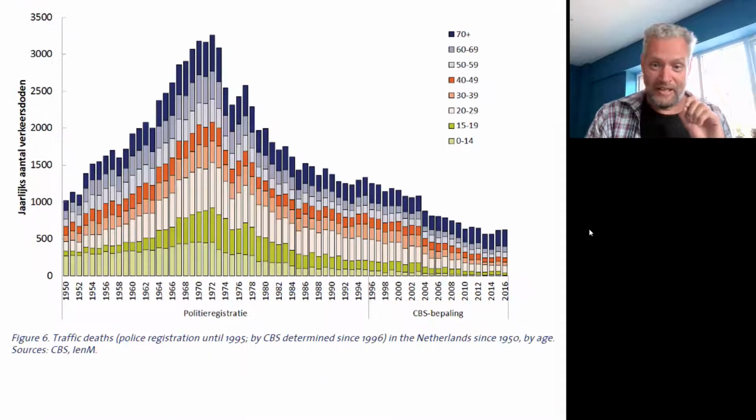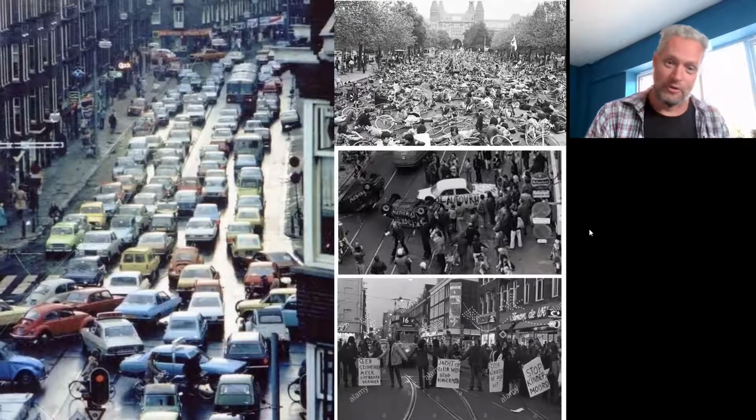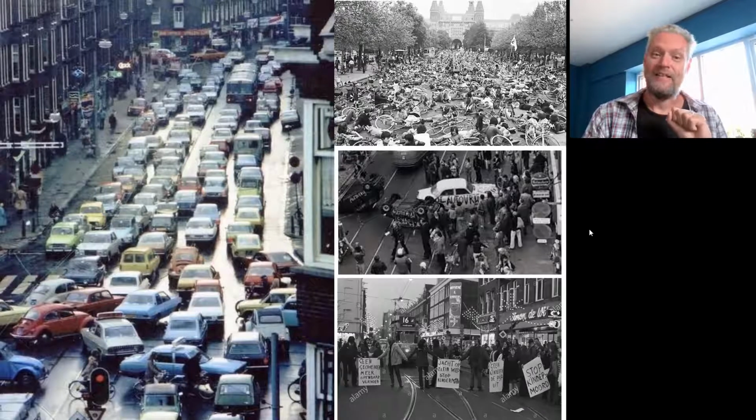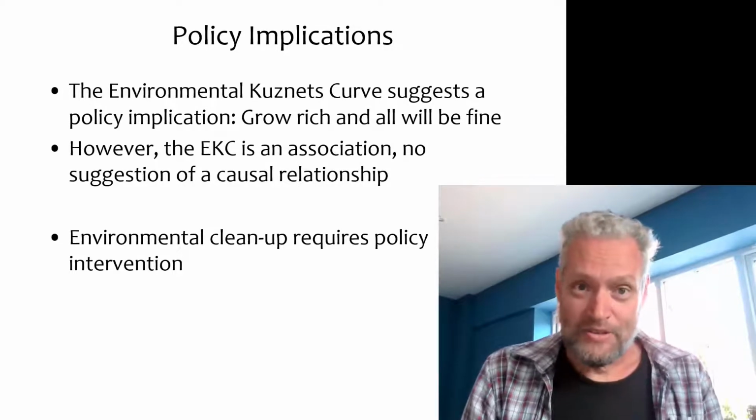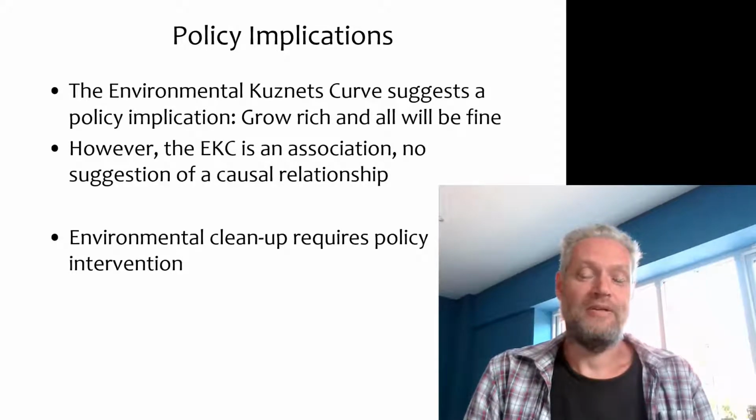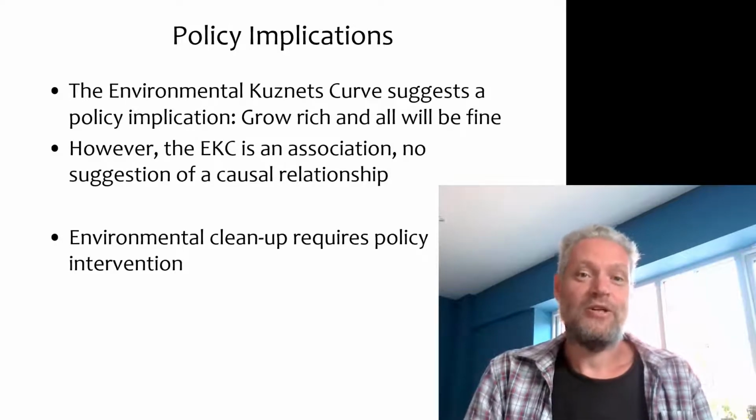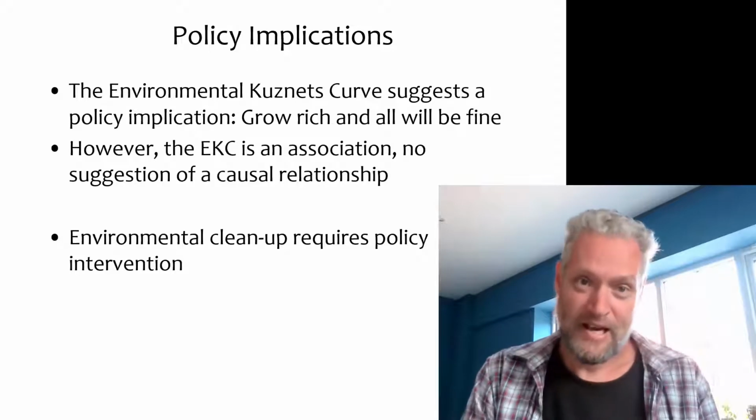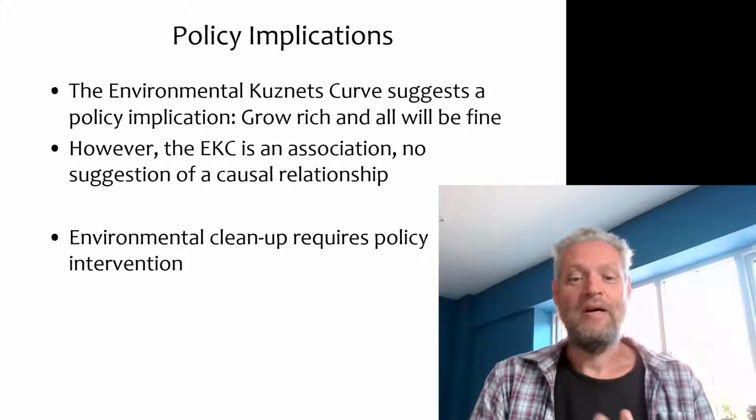But the important takeaway message here is that this did not happen because people grew rich. It happened because people did not accept the situation and used their voice to change it. And that is the important take-home lesson from the policy implications of the environmental Kuznets curve. These things don't happen by themselves. They require action. Environmental cleanup requires